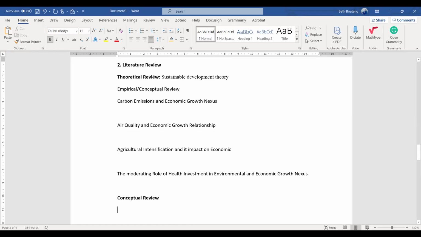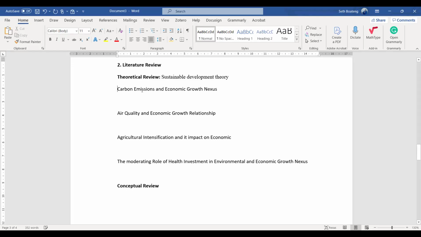Just write theoretical framework, theoretical underpinnings, theoretical review, and just write your theory. Then the headings, don't put these things there. Just write carbon emissions and economic growth nexus and review literatures. Air quality, don't put headings like empirical review at the top. That's a process for thesis.